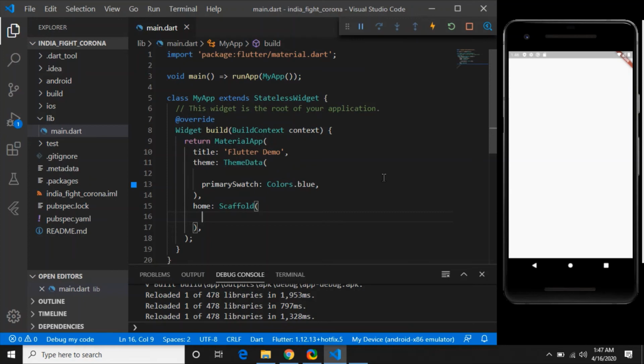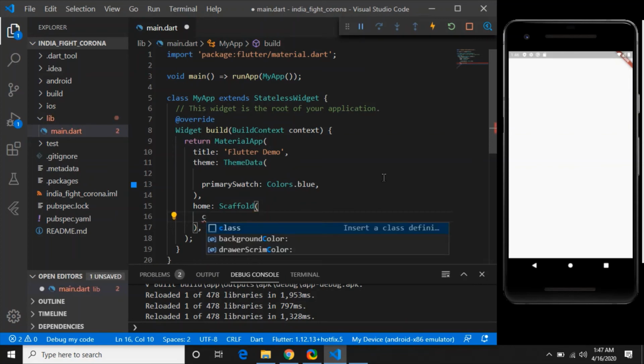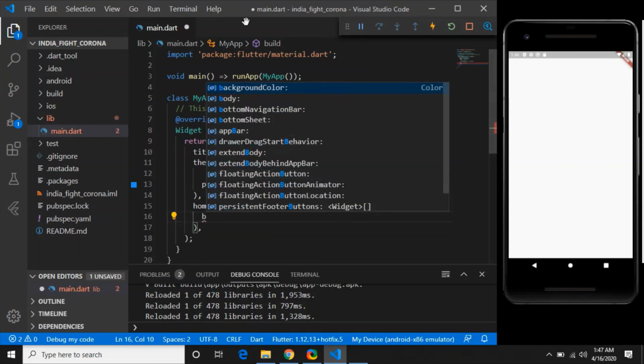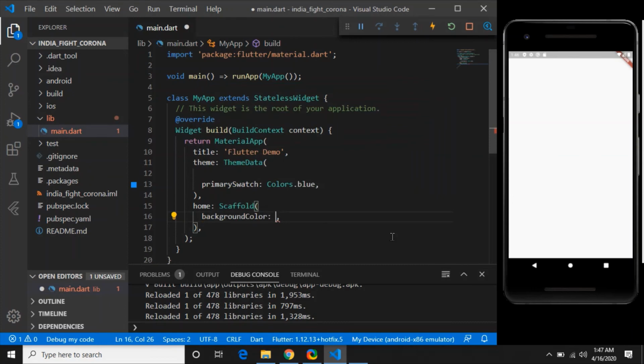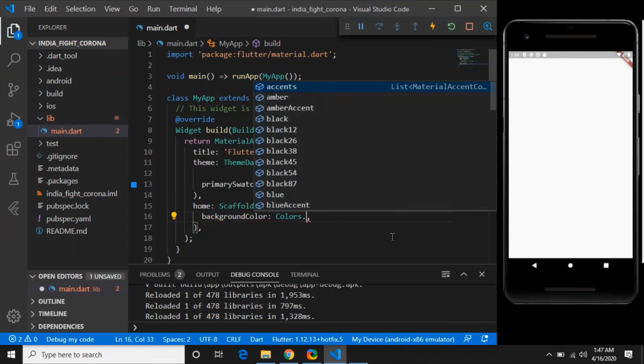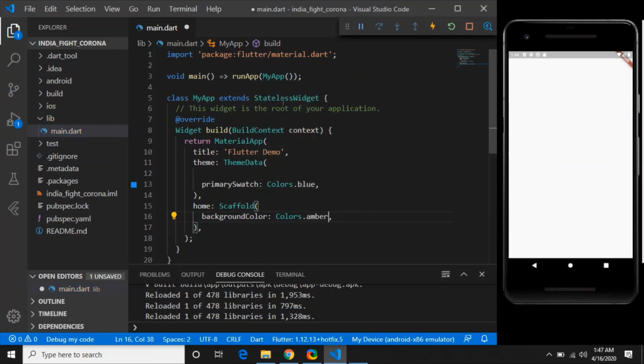Of course, you can change the background color and everything. You can see the background color option is there. So if I click on background color, Colors.amber, save, and you will see that amber color appears here. So this is the beauty. Hot restart option is there for restarting the app, and Control S option is there. If I change this to Colors.blue, sorry, I have to save my code. So I save the code, and this becomes blue.